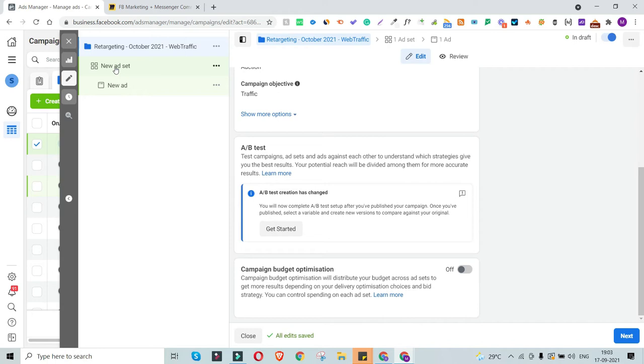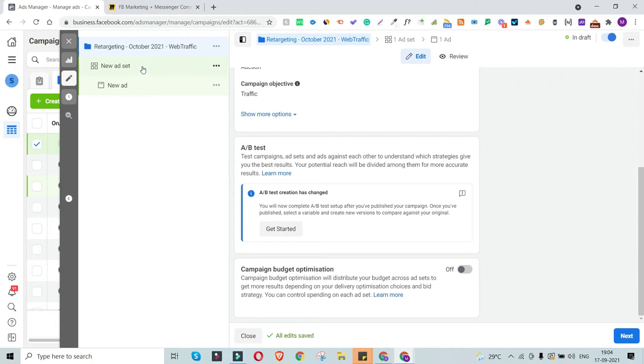Let's say the other ad set is something where I'm targeting an audience who visited my website in the last 30 days. That means they are a more recent audience, and I'm going to spend the majority of my remarketing ad budget over there. So I can spend $30 in that ad set. And let's say there is a third ad set where I'm going to target a lookalike audience, and that's where I'm not very hopeful of getting a good result. So I might be willing to spend a lesser budget over there, so I can spend the remaining $10 on the ad set.